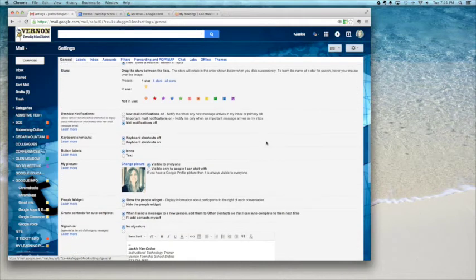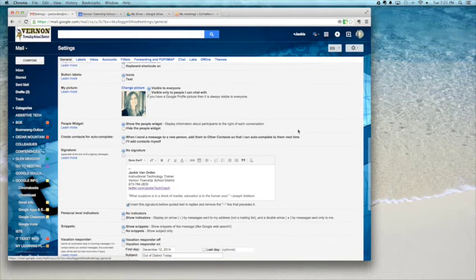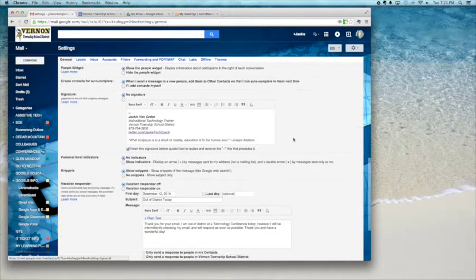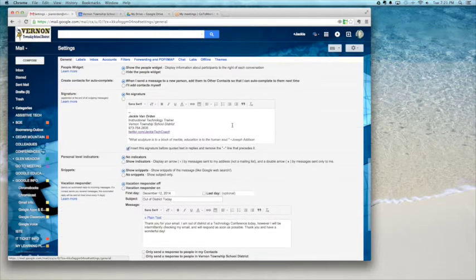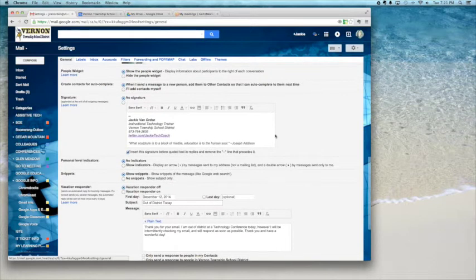Other things that I feel are important in here, if you wanted to change your picture or add a picture in that's attached to your email, everything Google, it'll actually show up in the upper right-hand corner here. If you want to put a signature in so that every time that you compose and send an email, you don't have to put your signature in every single time, you can create that. I, by default, right now have no signature